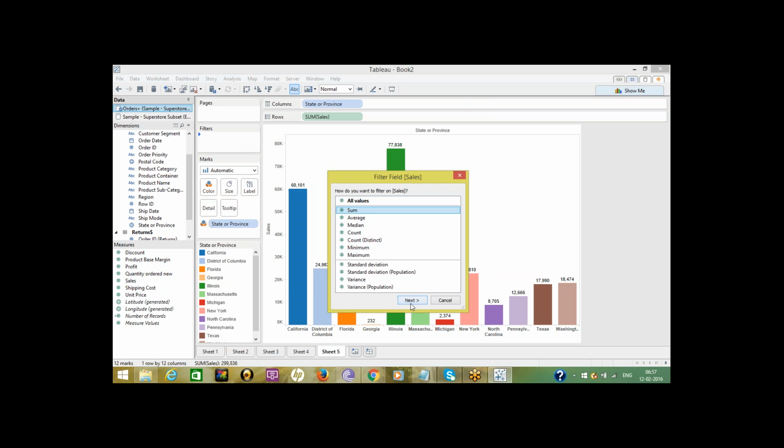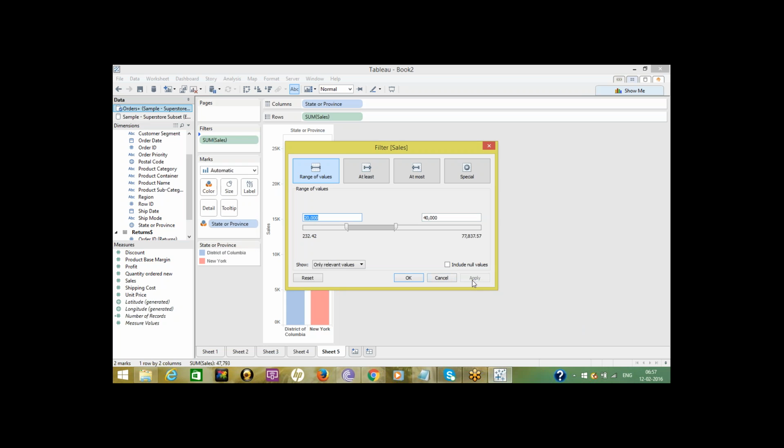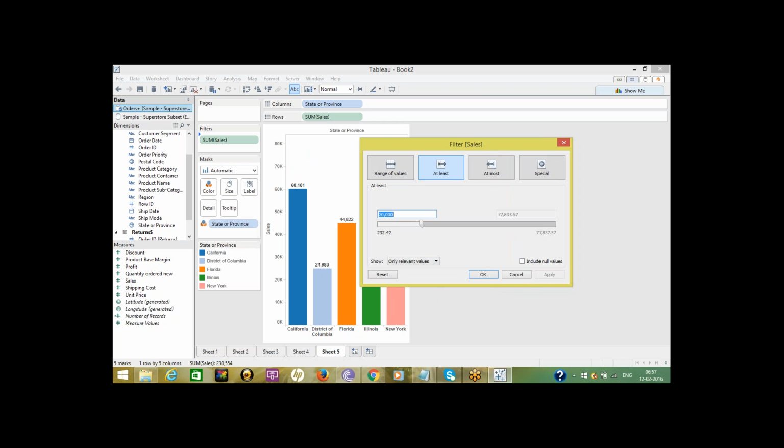For example, I want to filter based on sum of sales. Range of values means in between 20,000 and, for example, 40,000. Only these two, in between 20,000 and 40,000. At least means we have to specify only sales greater than or equal to 20,000.